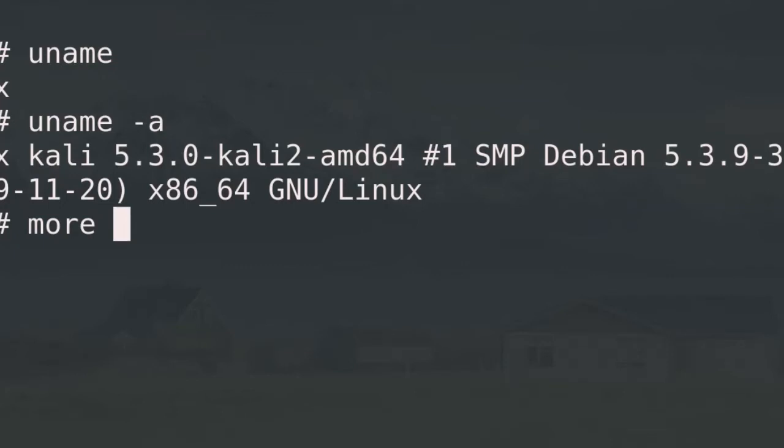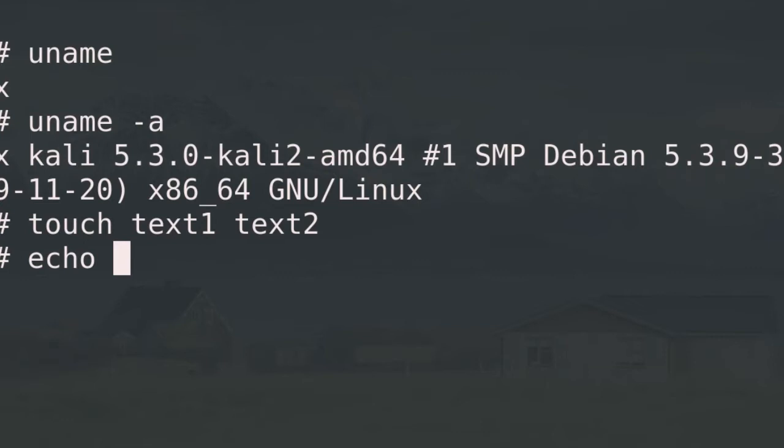So it will concatenate them together. So let me demonstrate that first. Say I create two files, say text1 and text2, and I echo some text in them. So let's say I echo hello in text1,